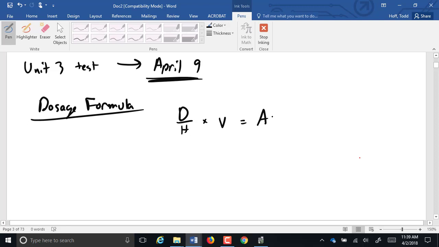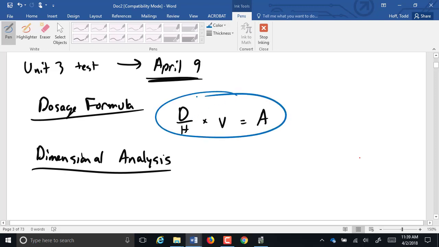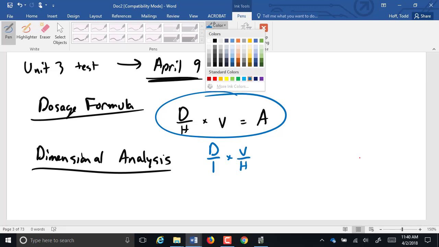And we saw how we could use dimensional analysis to do basically the same calculation. And we did a proportion method, but we're not going to go back to that. I want to just show you how dimensional analysis is really related to this dosage calculation formula. The way I'm going to do it is I'm going to take this dosage calculation formula and rearrange it a little bit. Instead of D over H times V, I'm going to write it as D over 1 times V over H. So if we look at an example,